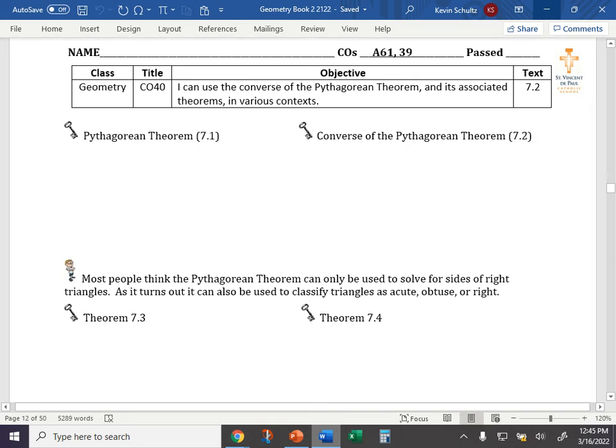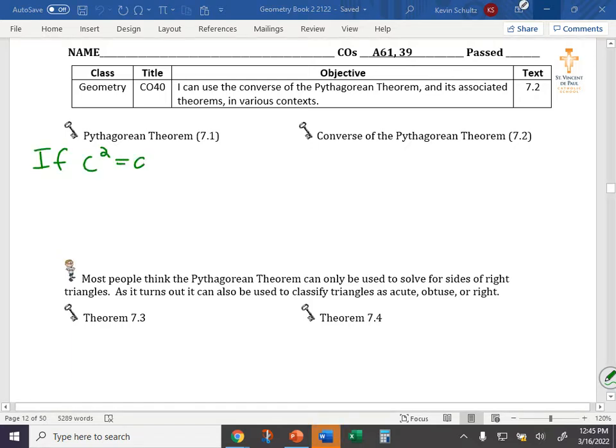Good day, geometry. We are going to be taking the Pythagorean theorem to the next level today, because yesterday we learned about how the Pythagorean theorem can be used for right triangles only to find a missing side if you know two of them. So we wrote these theorems down yesterday, at least the original theorem, and essentially it says this: